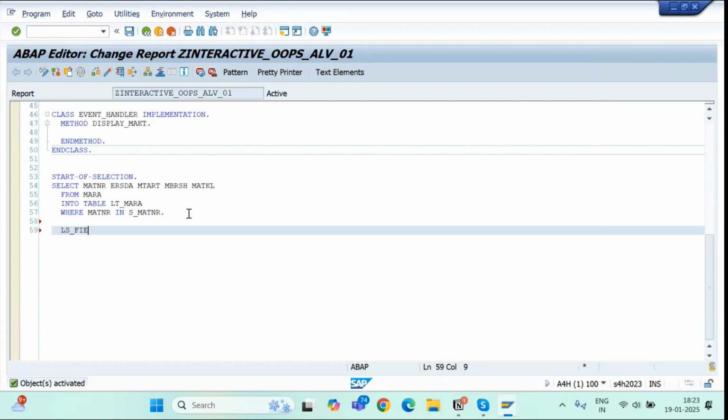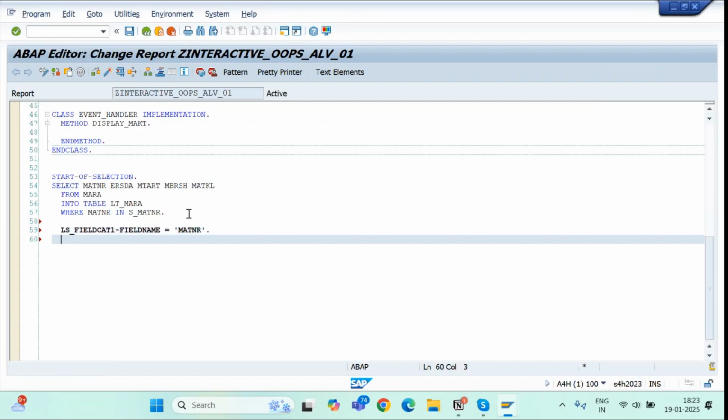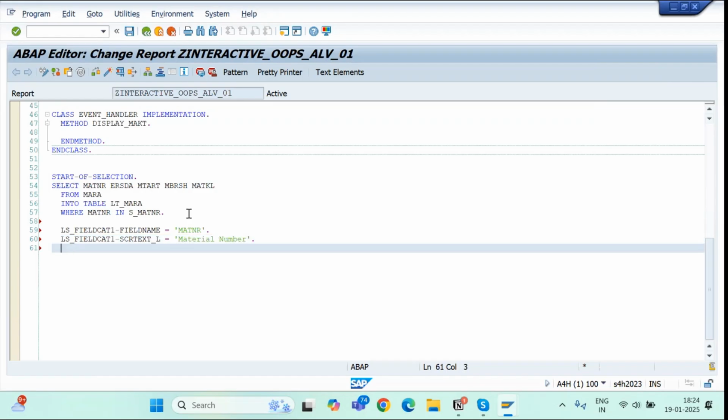So first field catalog creation, ls field cat1, field name Matnr, then ls field cat scr textl column heading, which will be material number. Then we will append it. So append this field cat 1 to lt field cat1,